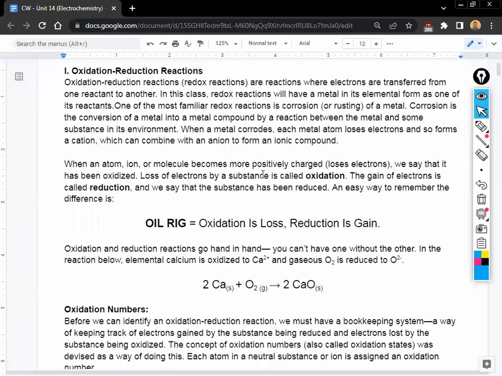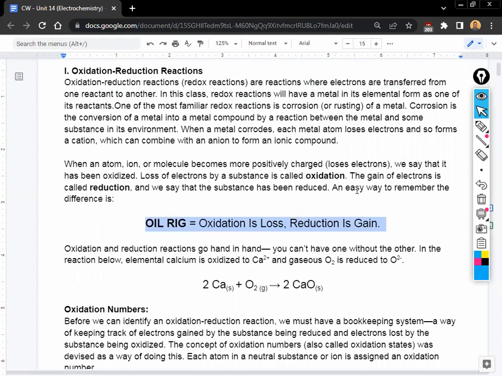Okay, so oxidation reduction is basically, we've talked about this before, redox reactions. It's where electrons are transferred from one reactant to another. And in this class, we'll have one metal on one side, and then we're going to have it convert into something else. And so if you guys want to write this acronym down, easy way to remember oxidation reduction, oil